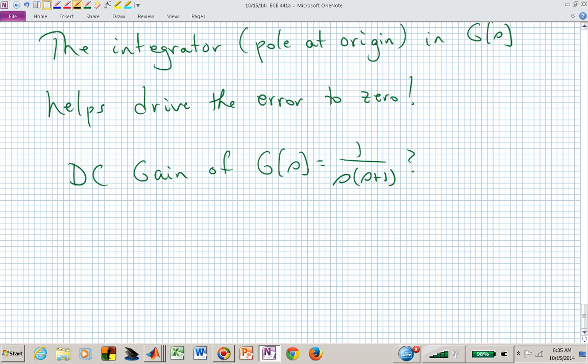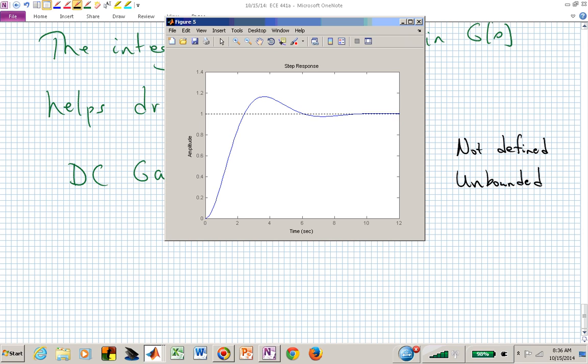Because we never get there, do we? The frequency axis just goes and goes. 0.00001 for a frequency on a logarithmic scale in our Bode plot. It's just going up and up and up. That's consistent with what we're seeing here. It's really not defined, or we could say unbounded, and that's producing this zero error. If we look at it, if this is the right one, here is now the step response of that